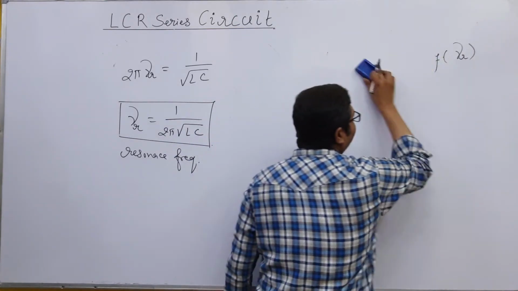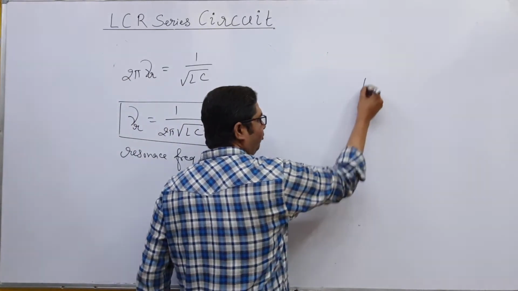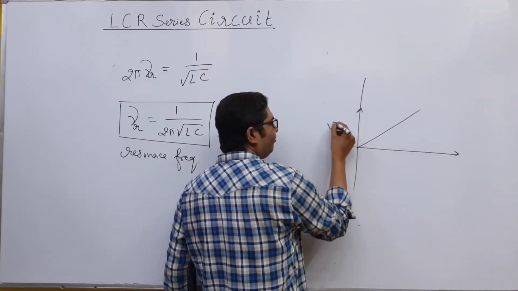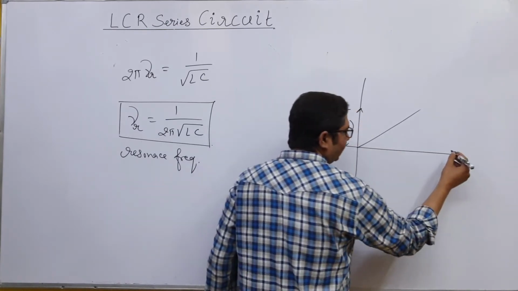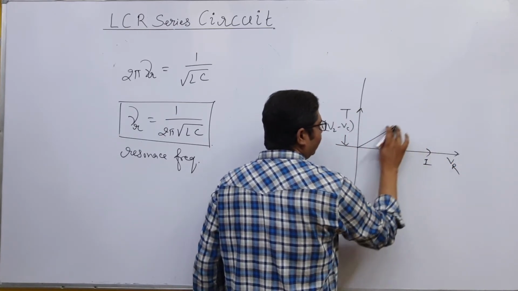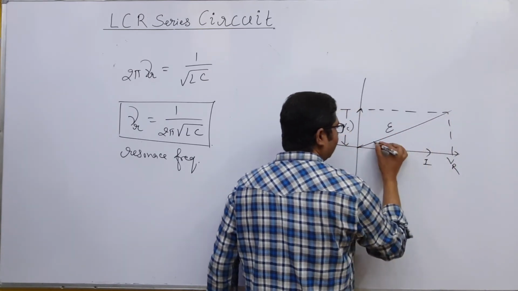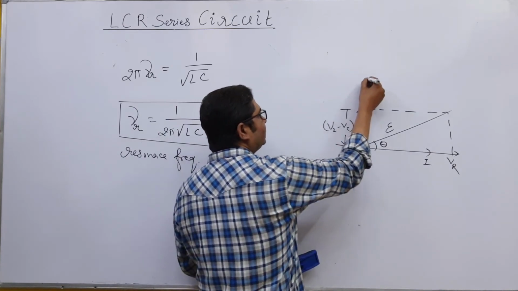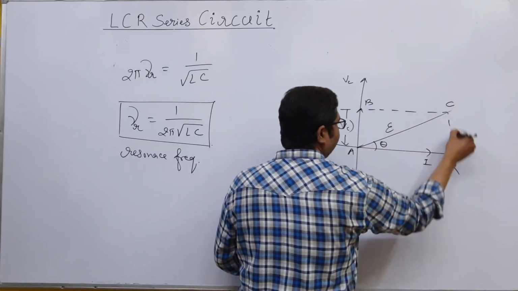If you want to determine the power factor, for that we have to visualize this graph again. In this graph, here we have VL minus VC in the phasor diagram, and here we have VR, and we have taken the parallelogram. This is E and this angle is theta, and this side we have VC and this side we have VL, and the name of the figure is A, B, C and D.